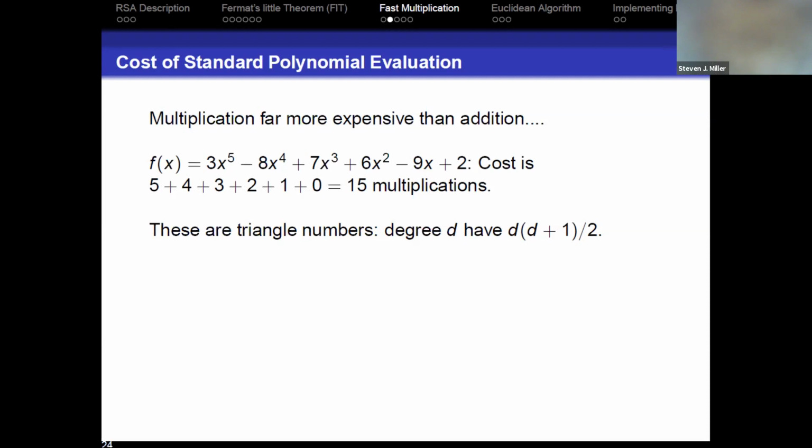The triangle number of degree D, going from 0 all the way up to D, is going to be D times D plus 1 over 2. There's lots of ways to prove this. You can do it by induction. You can also write the numbers in reverse order. 5 plus 0 is 5. 4 plus 1 is 5. 3 plus 2 is 5. So you would get 5, 6 times. So you've double counted, so you would divide by 2. So this tells us that the cost of just brute force evaluation is going to be of size roughly d squared over 2. And so if you have huge numbers, this is going to be tremendously bad.